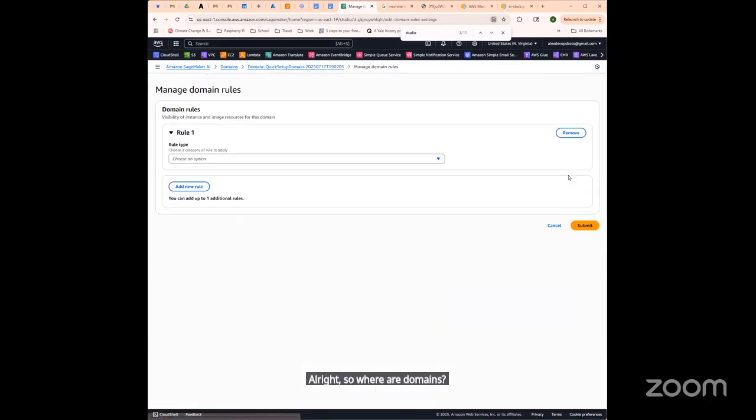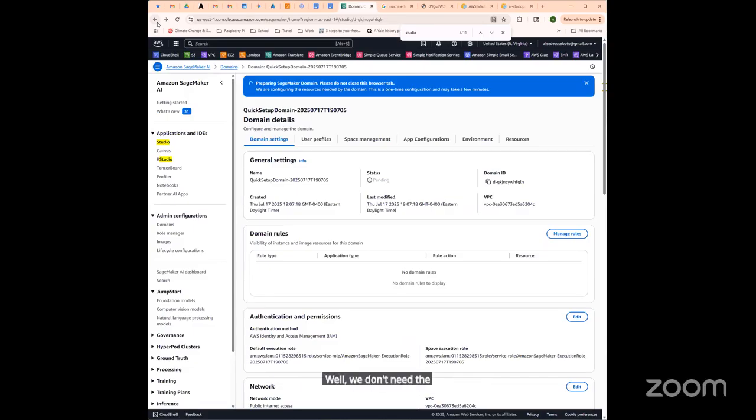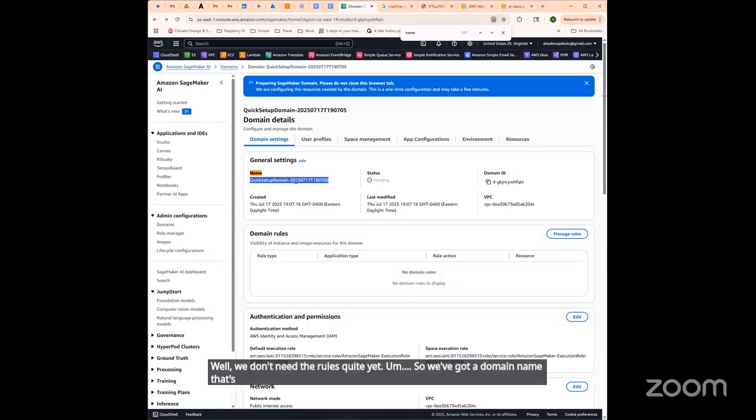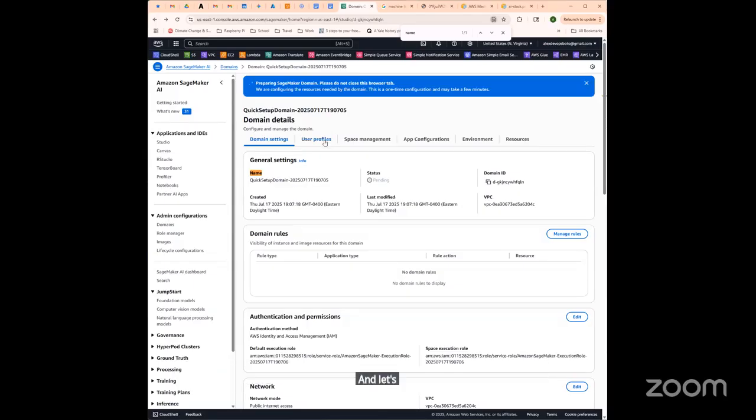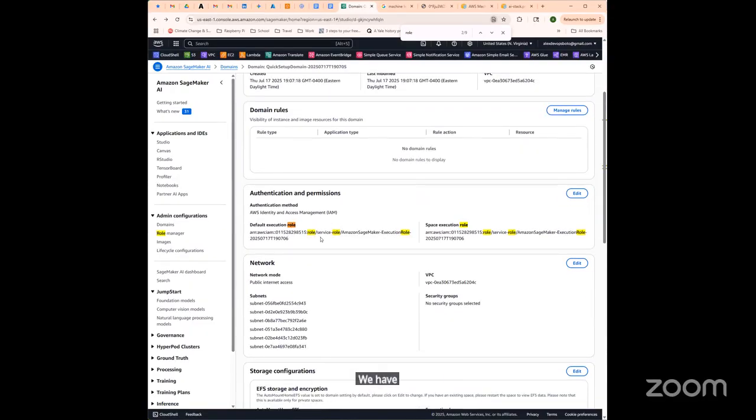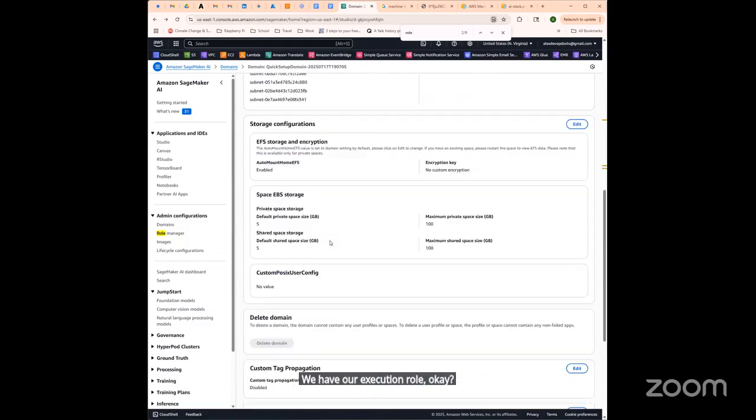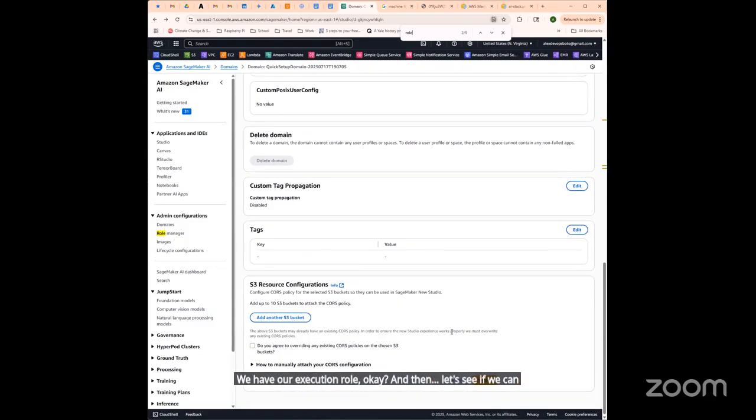Manage roles. Well, we don't need the roles quite yet. So we've got a domain name that's configured here. And let's look for a role. We have our execution role. Okay. We'll click submit for this. All right. This is just a quick setup for it.